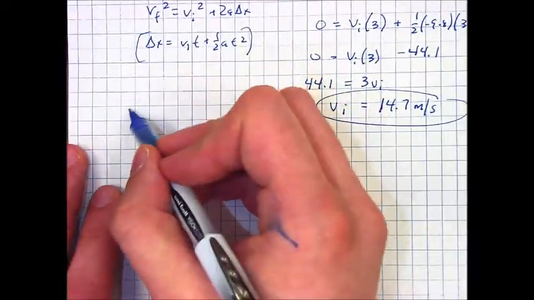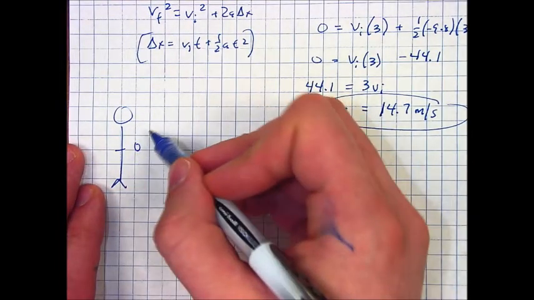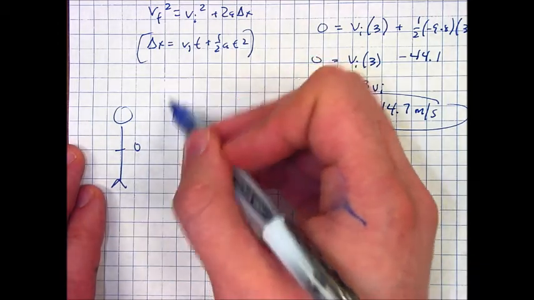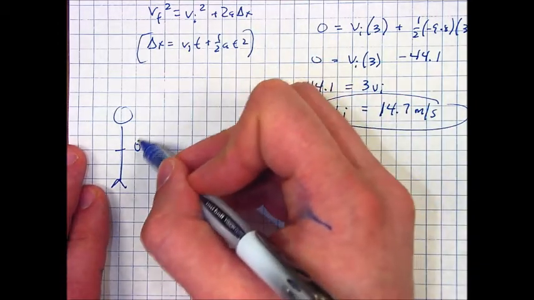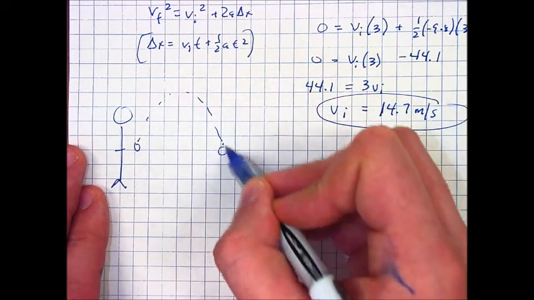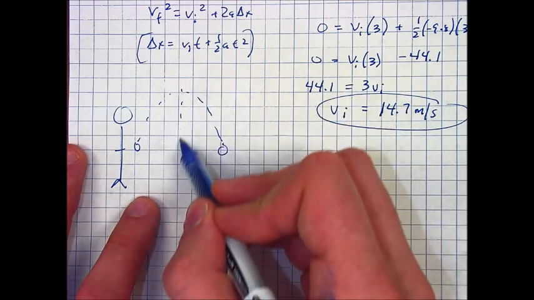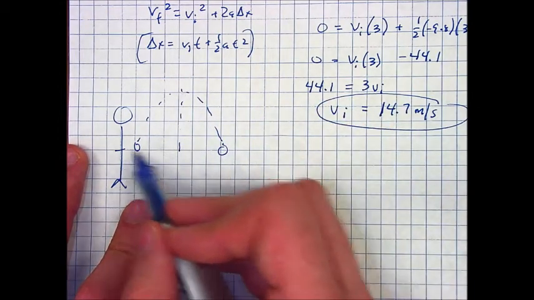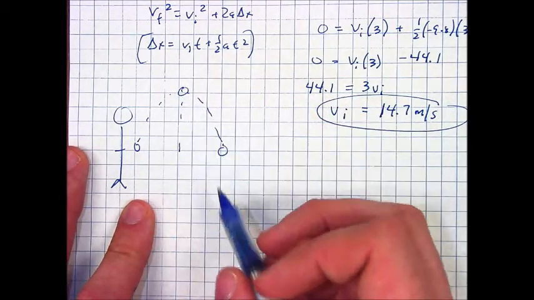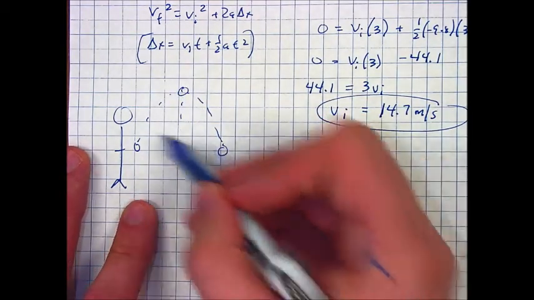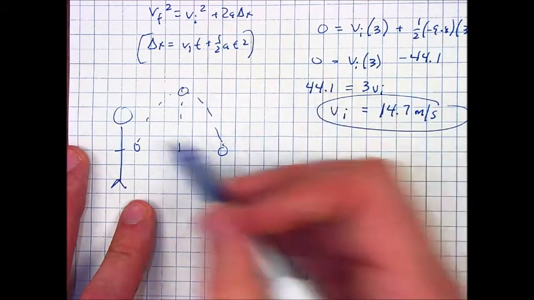I'll redraw it for you. Again, remember this is just going straight up and down, but I'm going to spread it out across this x-axis here so we can just see it go up and down. If it goes just straight up and down like this, the time that it takes to complete the whole entire thing is 3 seconds. The time that it takes to get to its max height ends up just being half. This is only true for perfectly symmetrical parabola